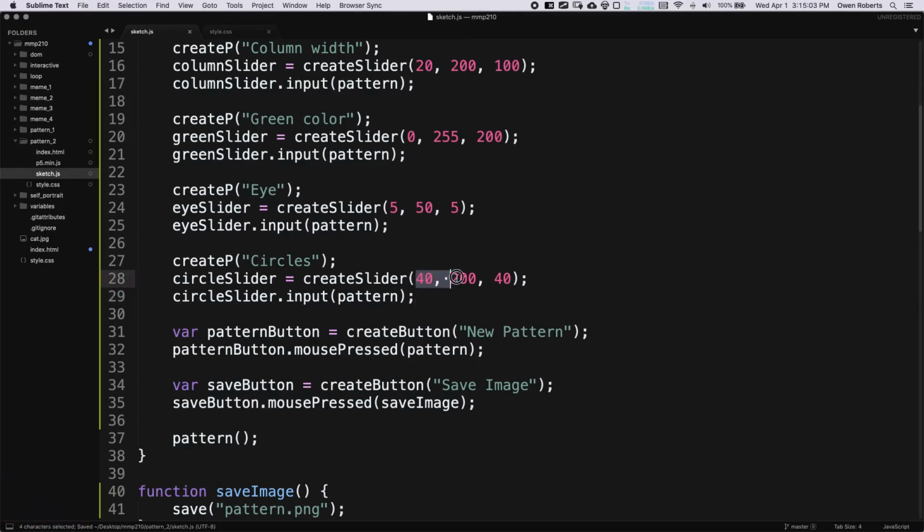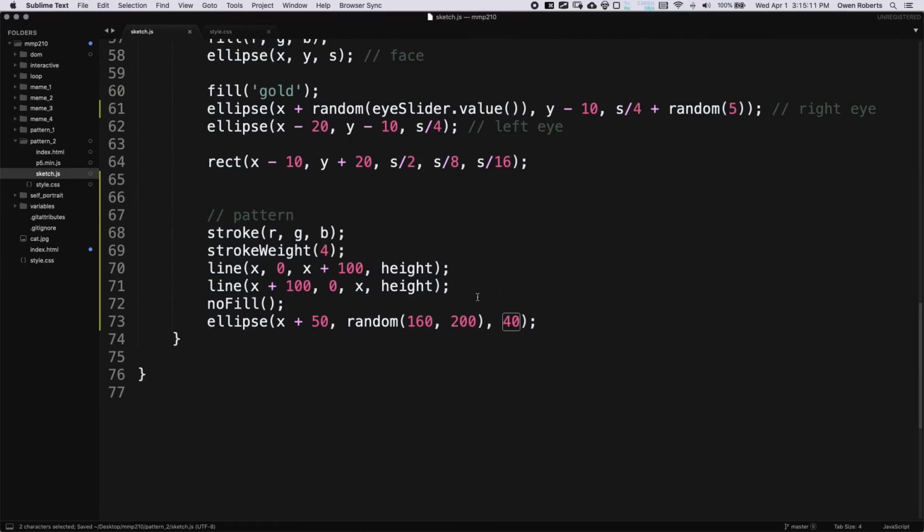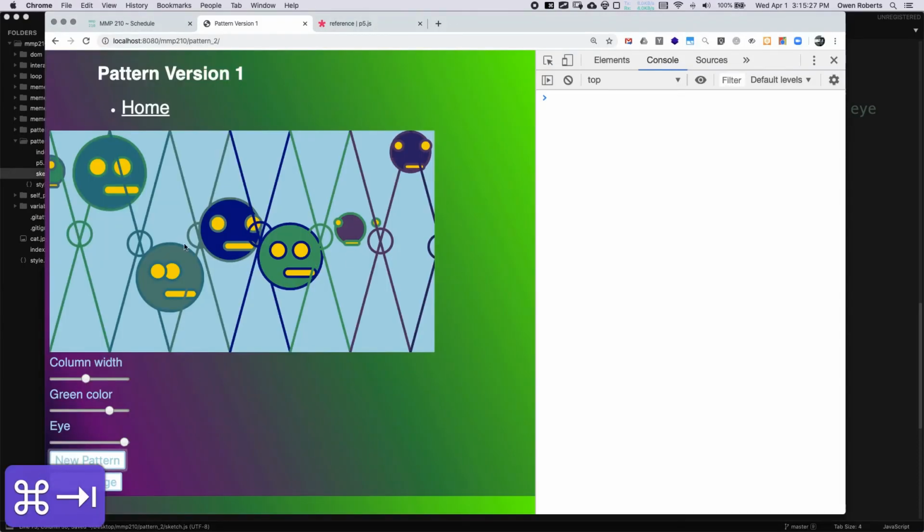The main difference is this min, max, and starting range for each one of these sliders. So now instead of random 160, I'm going to use that slider. So I'm going to say 200 minus circle slider dot value. And so this is a little bit complicated, but essentially what I'm doing here is I'm